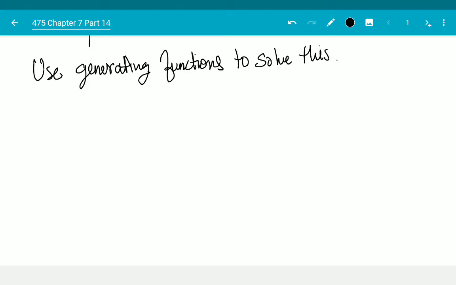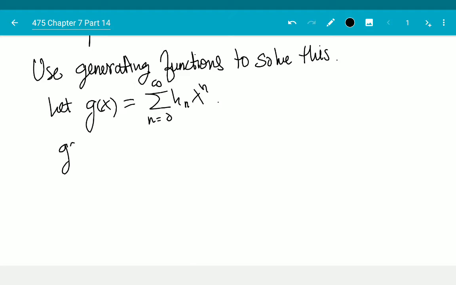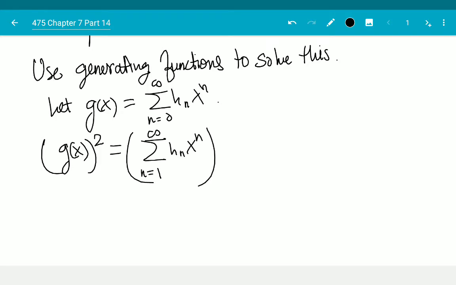So let g of x be equal to the summation n is equal to 0 to infinity of h of n x to the n. Then let us look at what happens when I take g of x squared. g of x squared is equal to the summation n is equal to, well, h of 0 is 0, so let me just go 1 to infinity of h of n x to the n multiplied by the summation n is equal to 1 to infinity of h of n x to the n, which gives me